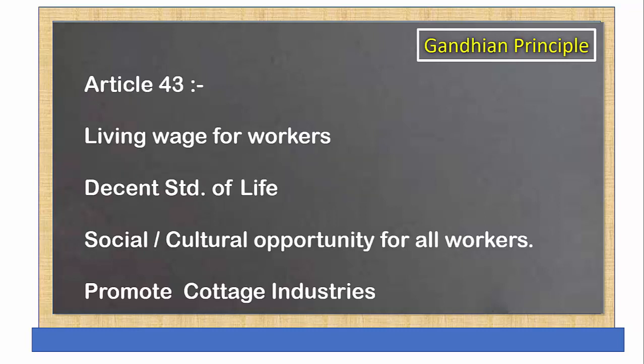So the Article 43 says the living wages for the workers, a decent standard of life, and social and cultural opportunities for all the workers. अब इसका मतलब क्या है? लिविंग वेजेस ऑफ द वर्कर्स मतलब जितना जीने के लिए अनिवार्य है, एक डिसेंट स्टैंडर्ड ऑफ लाइफ होनी चाहिए। सोशल एंड कल्चरल अपॉर्चुनिटी फॉर ऑल वर्कर्स मतलब आप सभी जानते होंगे कि संडे को हॉलीडे रहता है।